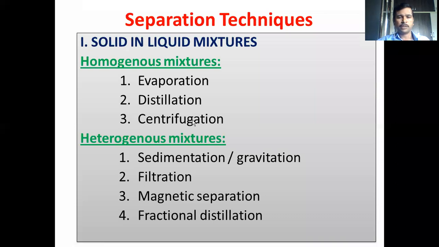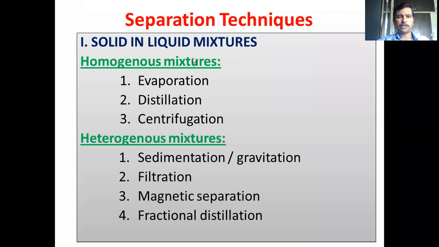So therefore, the supernatant is made with other components, and the compounds which are settled at the bottom of the centrifugation tube, that also may be due to the precipitation process. So they are due to other components which are present in the mixture. And this is okay for homogeneous mixtures. There may be solids which are present in the liquid mixture.